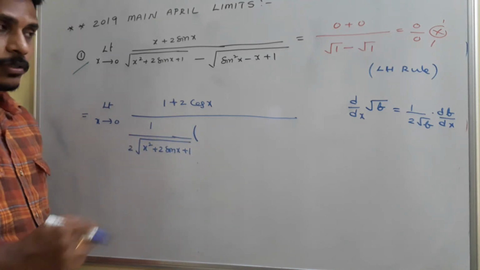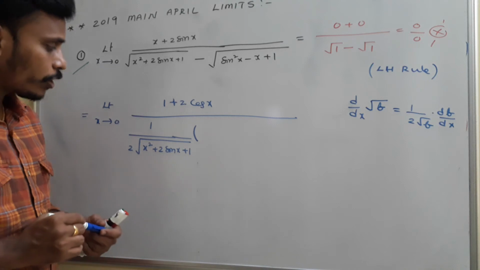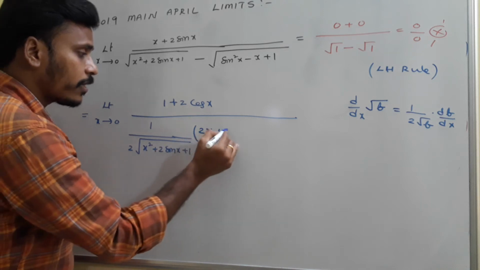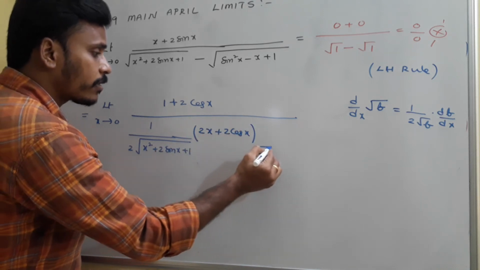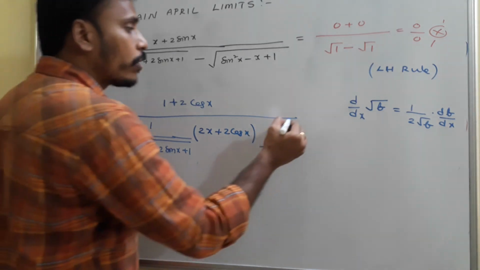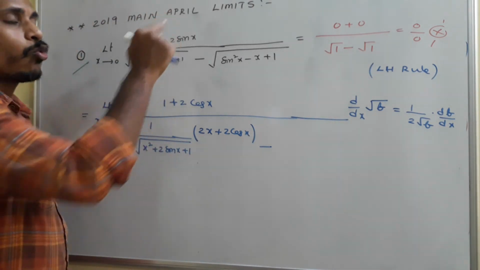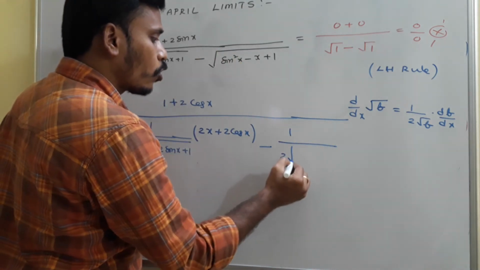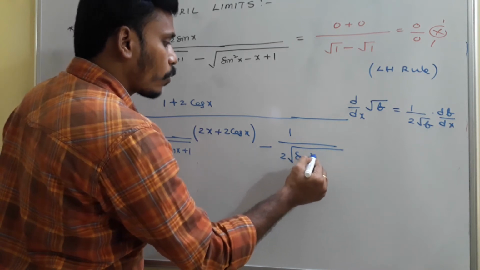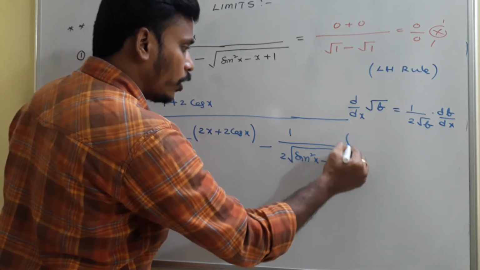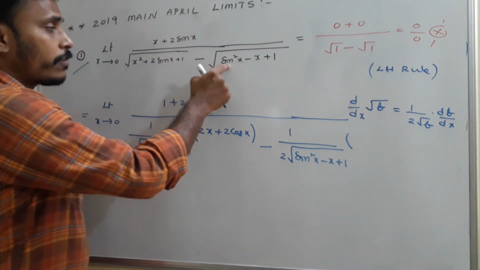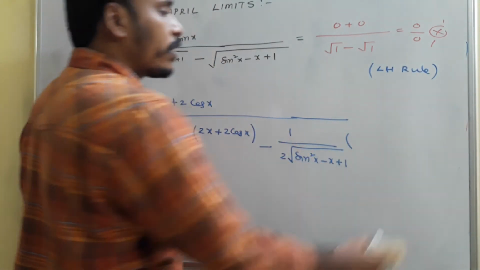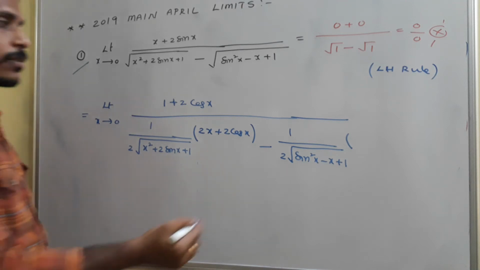the derivative of this function, df by dx, right? So into the derivative of the function. For x square it is 2x, plus for 2 sin x it is 2 cos x. So there ends the part of the first term. Then we need to think about the second term, again root of sin square x minus x plus 1. Its derivative is 1 by 2 root of that expression, sin square x minus x plus 1, into the derivative of that function. See, sin square x, it is okay. What is the derivative of sin square x? For sin square x it is 2 sin x.